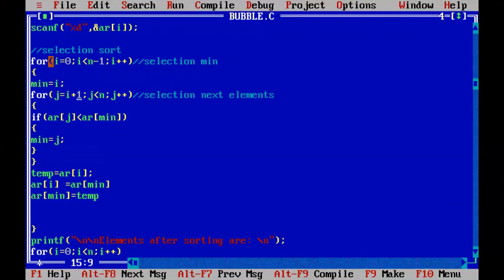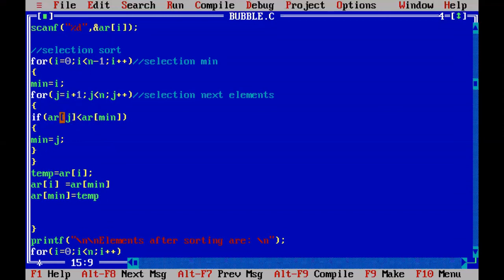To select the first element, second element, third element, fourth element, we use the outer for loop variable i, and the first time we consider the minimum element to be index 0. To compare with all other elements, those elements are selected with the j variable. Inside the inner for loop, we compare the minimum element with all other arr of j elements.